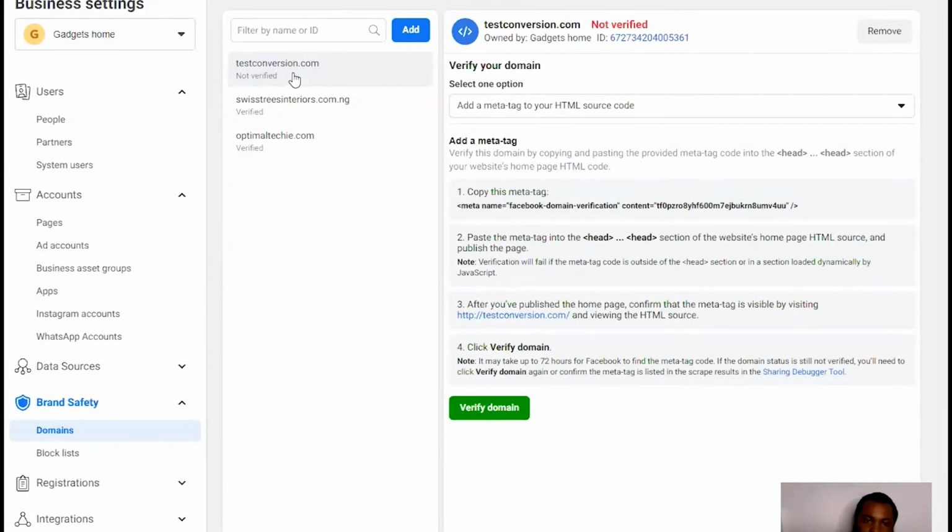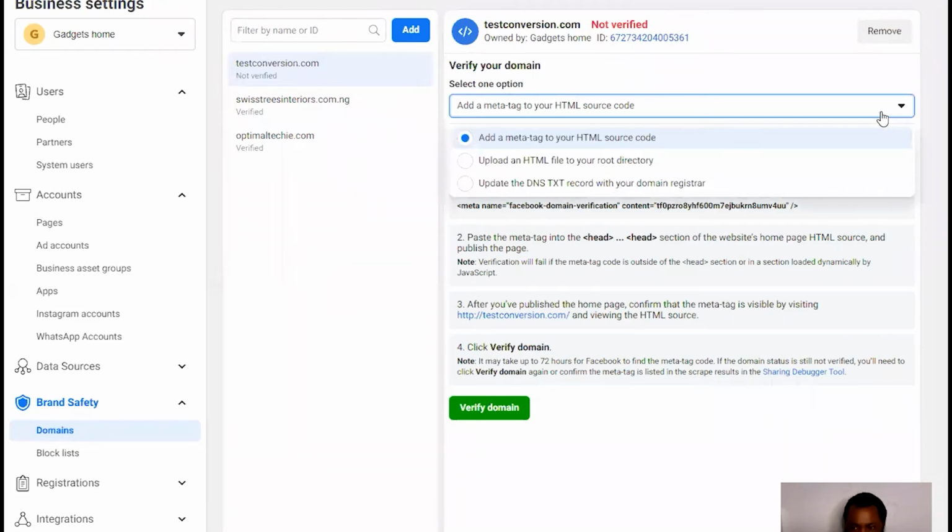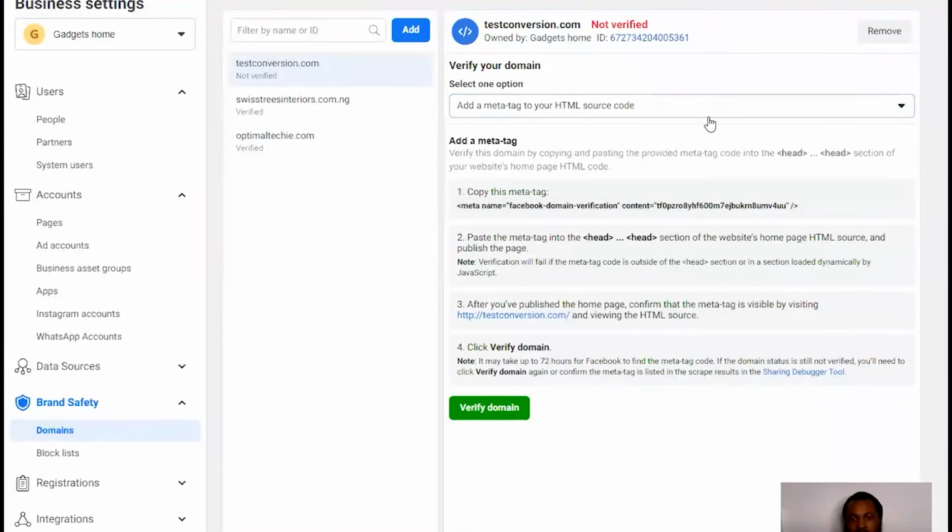Okay, so now this is what they tell you to do. See this drop down, leave it alone, don't touch it. Then come here, you want to copy this stuff, so click on it. As soon as you click on it, it's going to copy. It's already copied to clipboard. So the next thing you want to do is go back to your WordPress